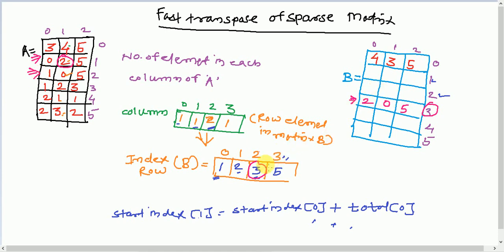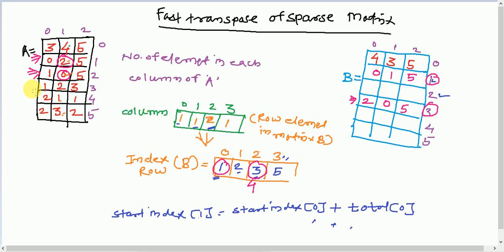Now look at here. We have considered the third index for row number 2. We'll update this index to 4 because we have filled that cell. Okay. Then next time we will take the next element k from matrix A. Here the column number is 0. This will become the row number. So what is the index for the 0th row? Here the index for the 0th row is 1. So at the first index, this index, we will put 0 as the row, 1 as the column, 5 as the value.